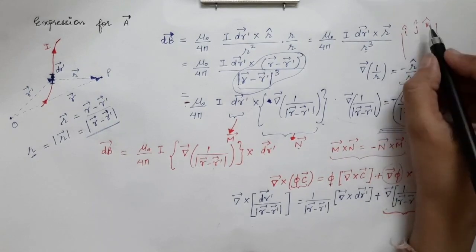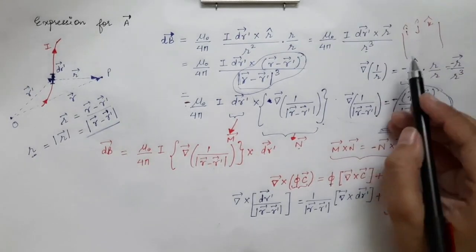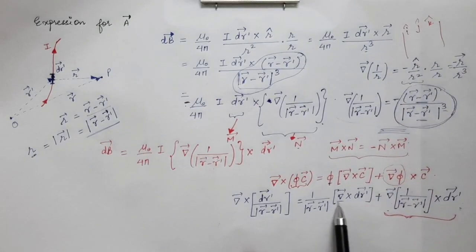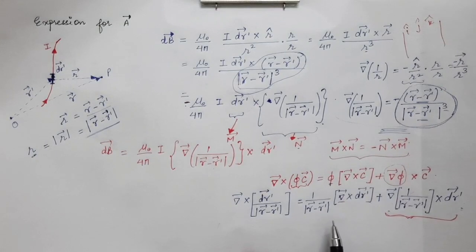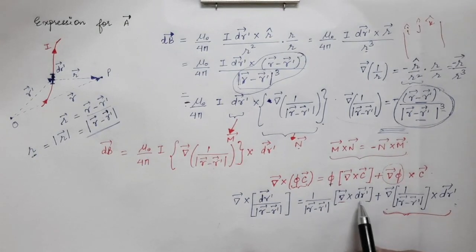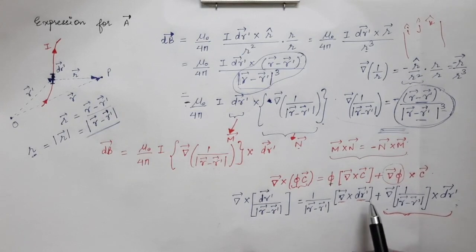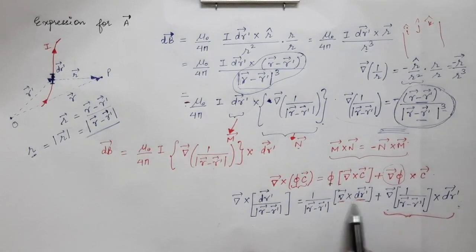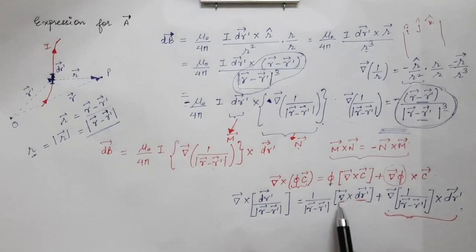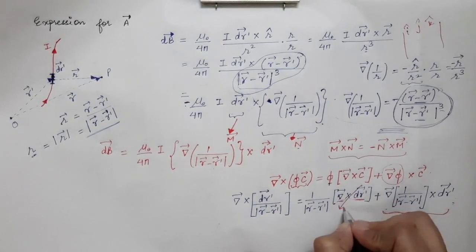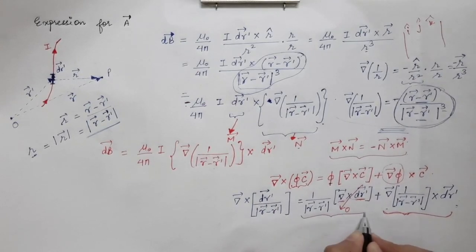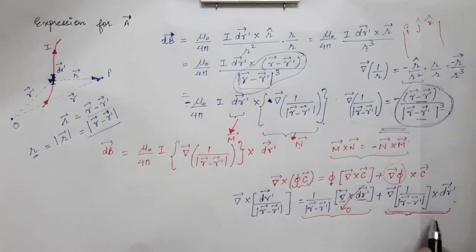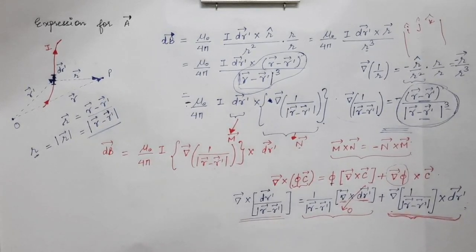When you solve it, you get partial derivatives with respect to x, y and z. So when you take the curl, you have partial derivatives with respect to x, y and z, and this dr prime vector is completely independent of those x, y and z variables. So this curl will come out to be equal to 0. So curl of dr prime vector will come out to be equal to 0. So this first term over here will be equal to 0, means this term over here will be equal to this term.